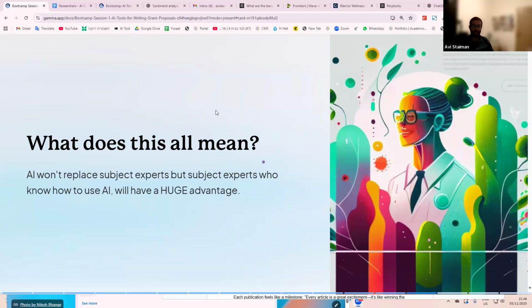And same thing with Perplexity. If you're going to edit a paper, I wouldn't do it on Perplexity. That's not its strength. So we need to do a little bit more digging and understanding of what are the different tools that are available to us and what are they built for? What are their core strengths?